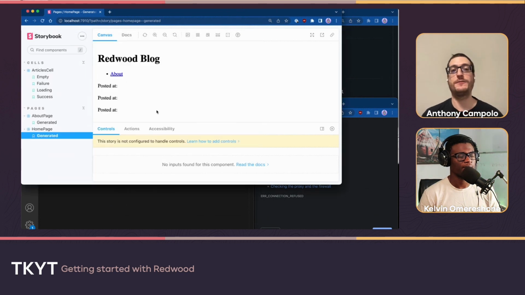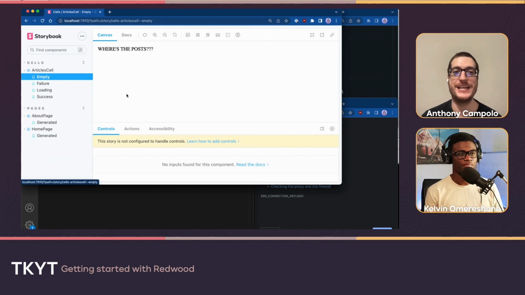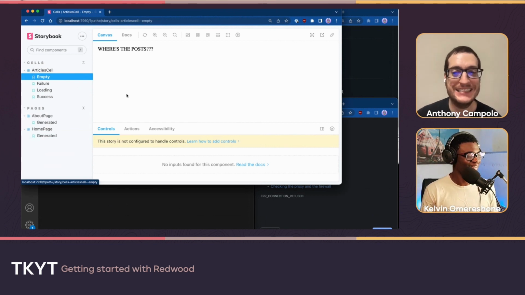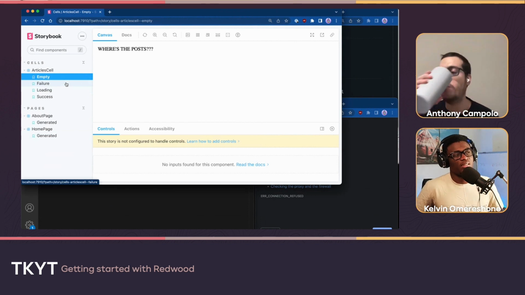I'd never used Storybook before Redwood. I remember the first time I ever used it with Redwood, I ran the command, and I got this. The way I described it, I felt like Dorothy in Wizard of Oz, the first time she walks outside and everything's in color for the first time. I was working through this super low resolution way of creating my components through my dev server and having to make these hacks to see the different states it was in. And then I ran the Storybook command, and I'm like, oh, here it is. It's everything. Like the whole world is in front of me now. Interesting.